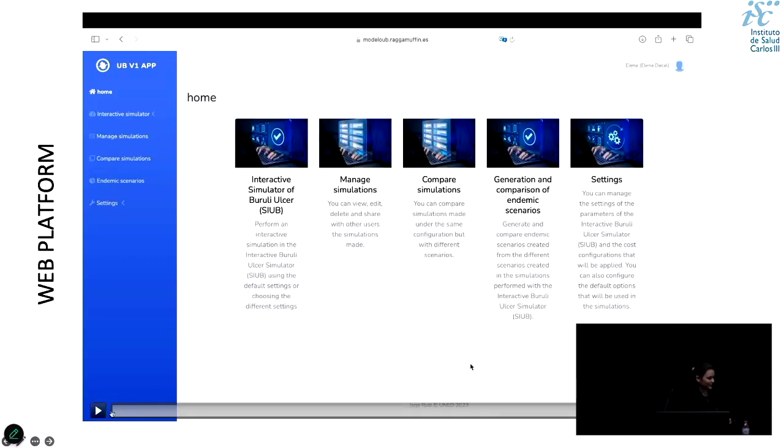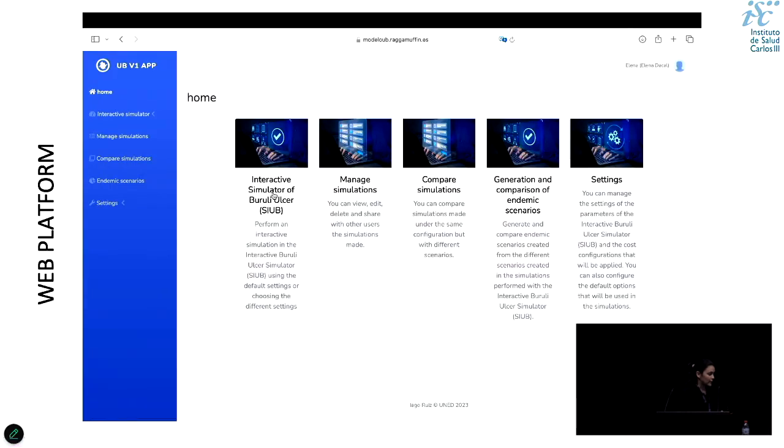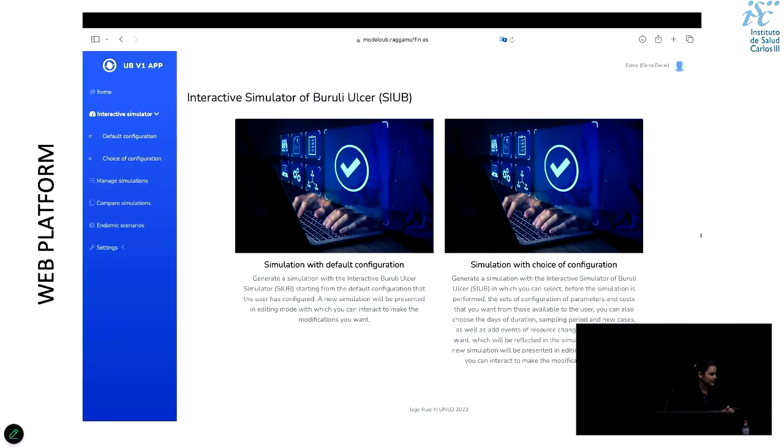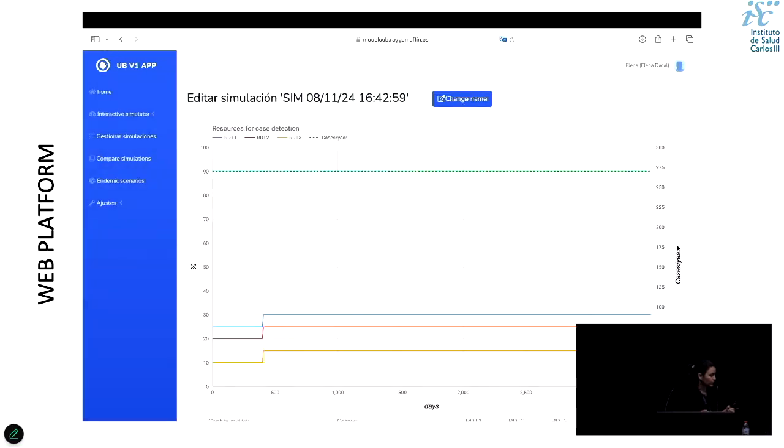So basically, in this website, you have the opportunity to create new simulations using the default settings for the parameters as we saw before, but you can also create new simulations with different parameters. And here there is an example of a simulation with default configuration. As you are going to see now,